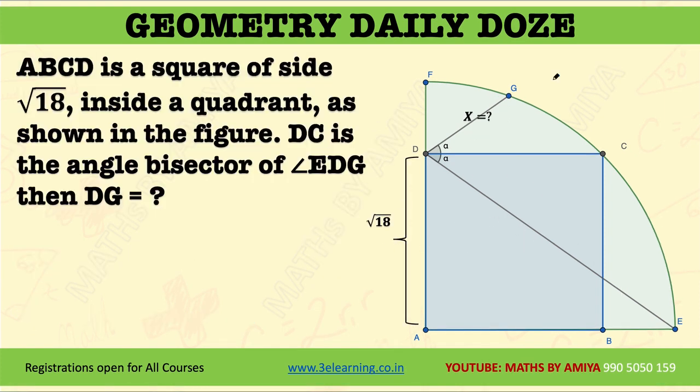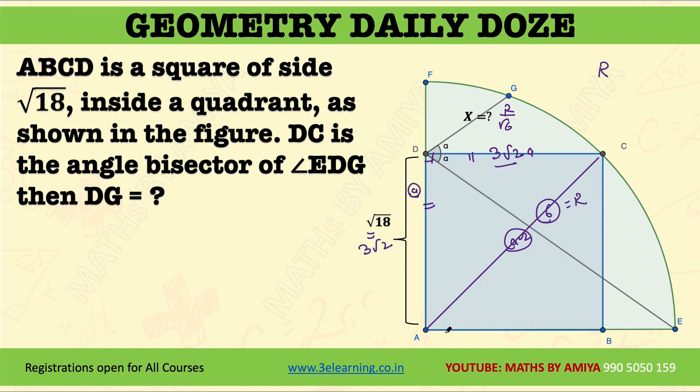As we know, if we get the radius, this value is nothing but radius divided by root 6. So this one is nothing but root 18 or 3 root 2 AD. We can say this one is also 3 root 2 because this is a square and we just join A to C. By Pythagoras, if this one is a, this one is a, this one is a root 2. So this one is 3 root 2, this must be nothing but 6, which is the radius because center to circle is the radius. So radius is 6, and this value is 6 divided by root 6. X is nothing but root 6, which is the answer to this question.